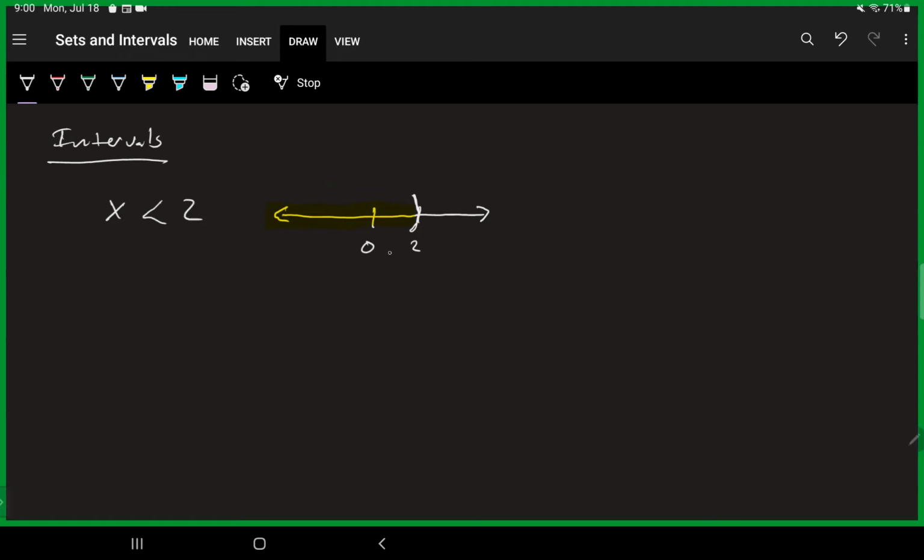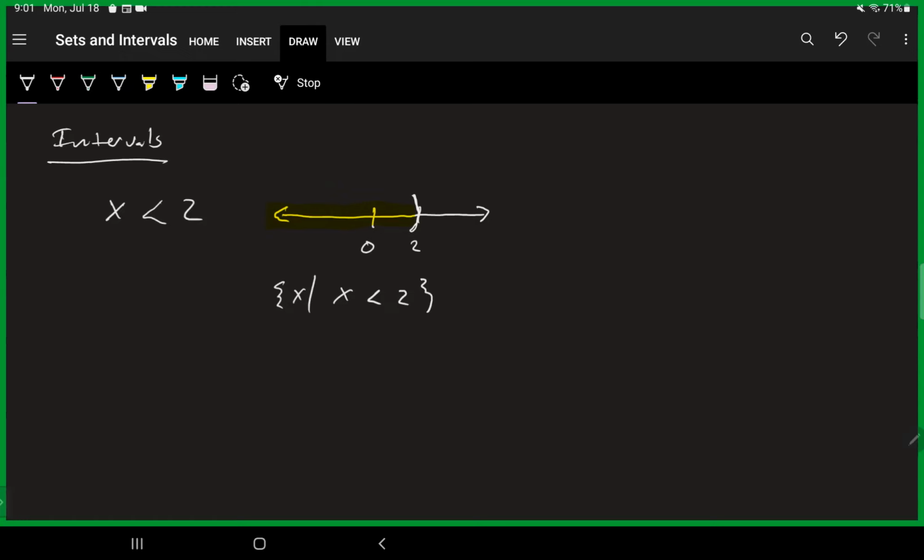I could put that in this thing called set builder notation. I'm looking at numbers x, and then I have a rule that says x is less than 2. So that's a set builder version of writing that interval. And it's an infinite number of numbers. So it contains everything on that number line. So any 2 numbers I could think of, and then numbers in between those, and we can keep going.